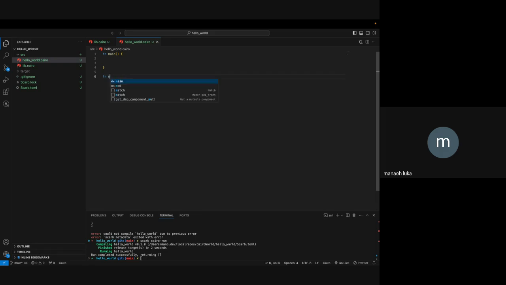So we can have a function here, let's say add, and this is what add does. And then it returns